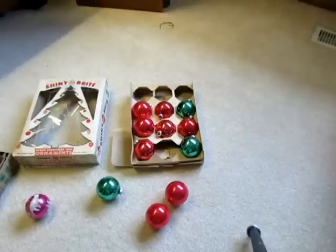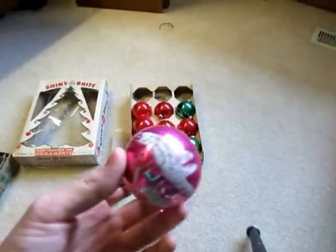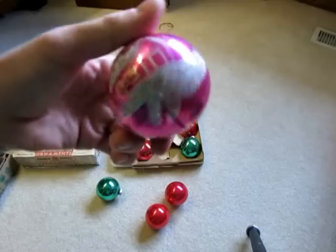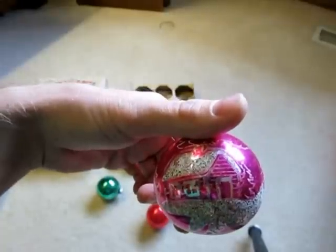Basically, let's say you have a relative or grandmother that gave you a bunch of antique ornaments, and you want to clean them. The thing you do not want to use is any sort of water or liquids, such as soap, water, or Armor All. Any liquids, stay away, because these ornaments are water-based, and you do not want to do anything to take away the picture, especially,